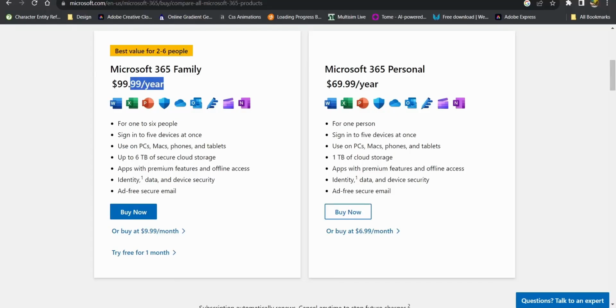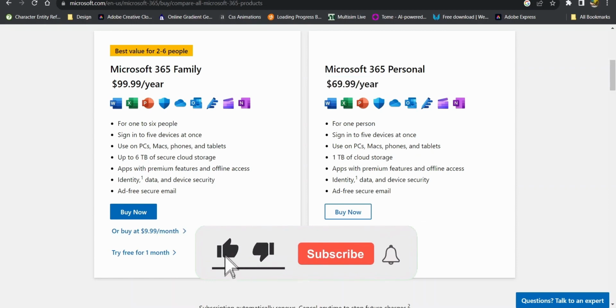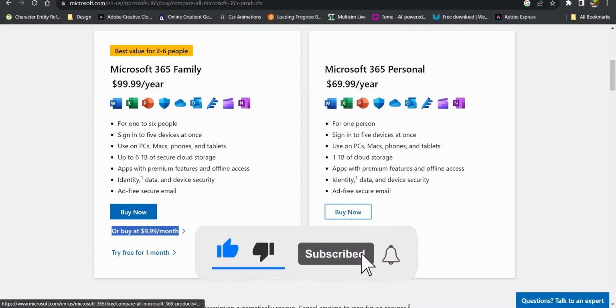In today's video, I'm going to show you how you can get Microsoft 365 absolutely for free. In order to use Microsoft 365 apps on your computer, you need to buy either a monthly or yearly subscription and pay every month. But what if I told you you can get it absolutely for free without using any crack software